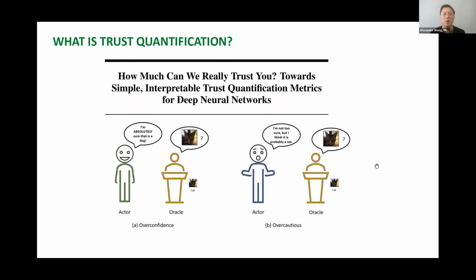Another concept that we've looked into that is getting widespread adoption is the notion of trust quantification. A lot of times when you're building machine learning models, especially deep neural networks, what tends to happen is that it is overconfident about every single decision that it makes. Whether or not it gets the right or wrong decision, you get 99% confidence that it is right, even though it's not.